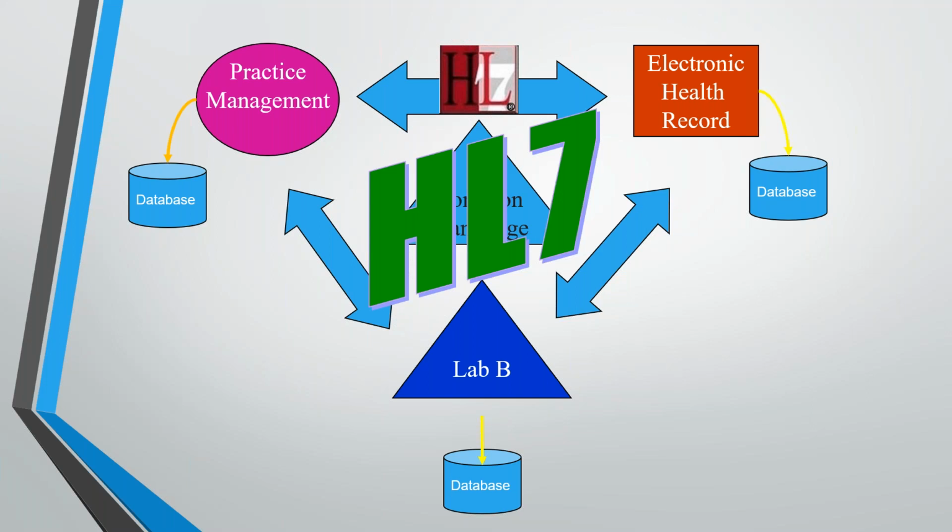So what happens if you have HL7? If there is HL7 in the middle, then when we extract data from the database, we translate it into HL7 and we send it over to the destination system. Now, as HL7 is a common messaging standard which can be and should be understood by all the applications, they will receive that HL7 message. They will interpret it because they already know HL7. Now they don't need to know